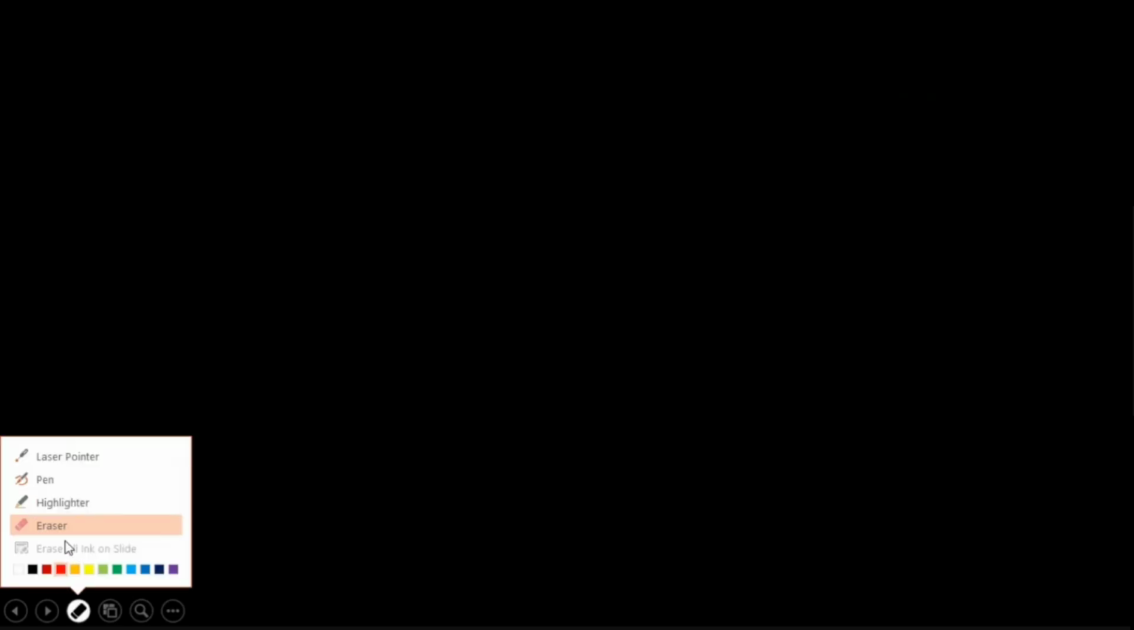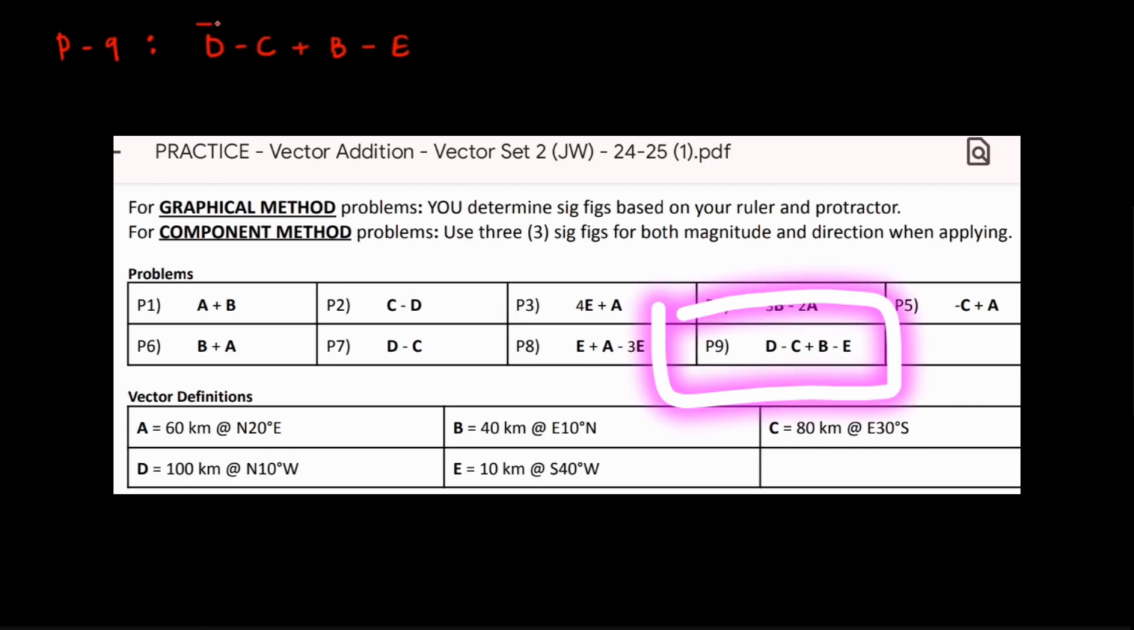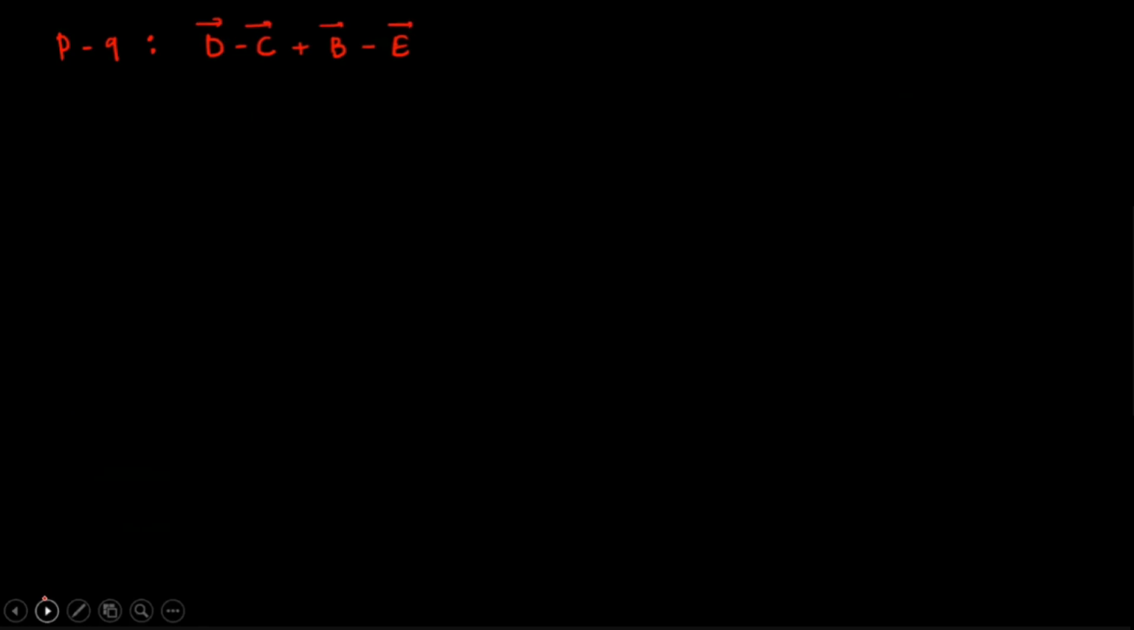I am heading towards problem number 9. The problem says we have to find D minus C plus B minus E. So these are the four vectors. We will figure out how these four vectors are written, and then we'll try to draw them and then solve them. So D is,